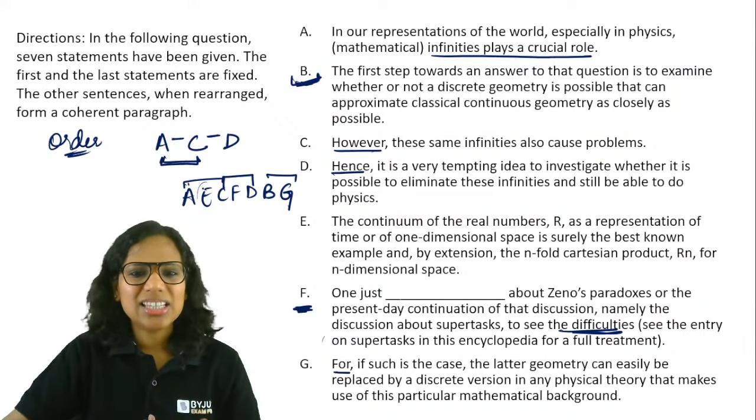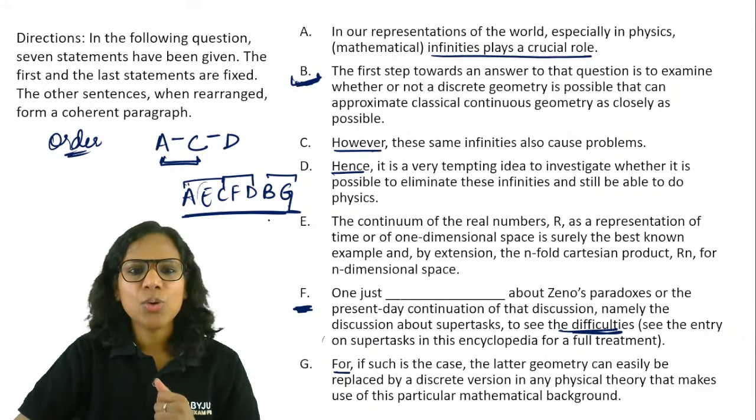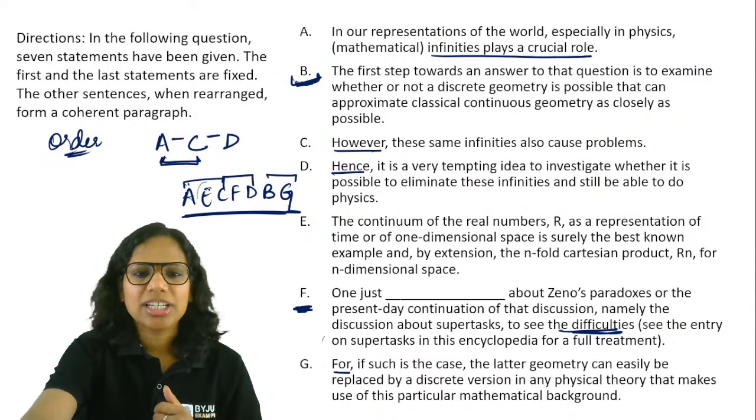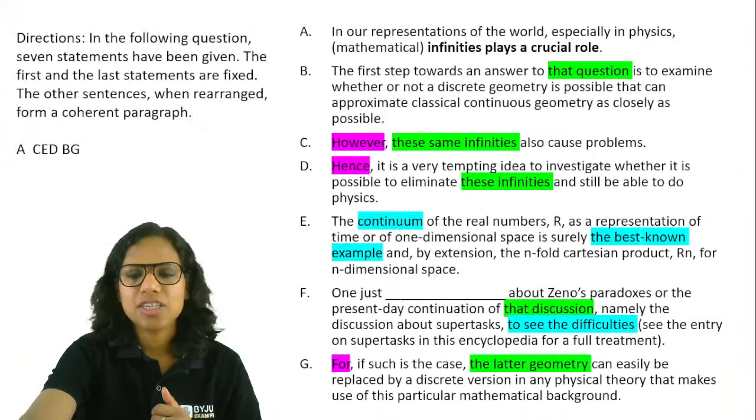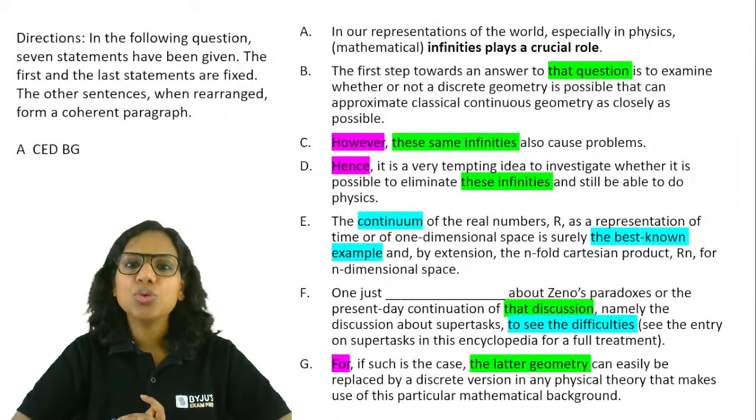So let's see why this is the sequence. Okay, so A, E, why E after A? Let's look at that in detail. A, E, C, F, D, B, G. Now that we've found the sequence, these are the clues that are present in this